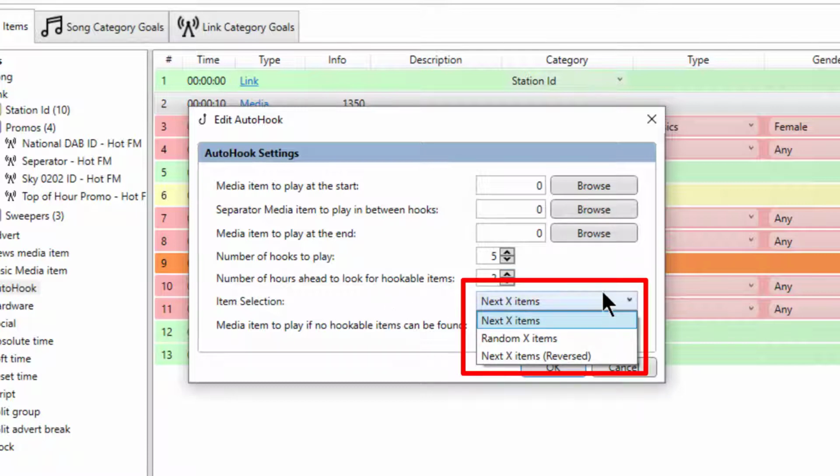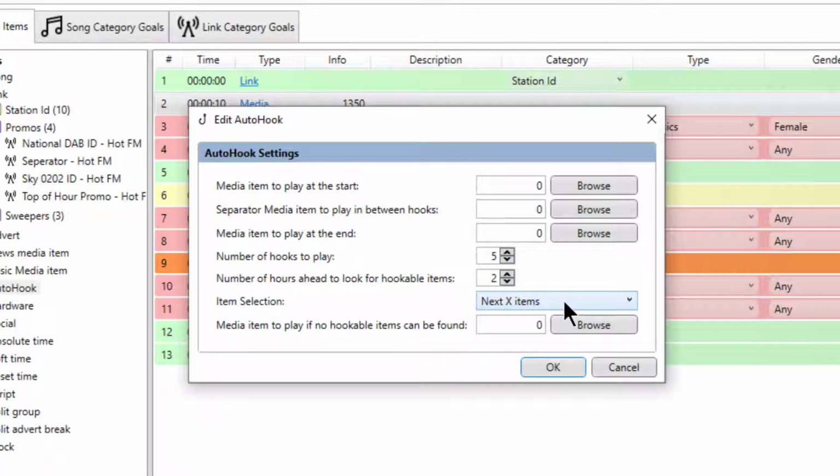So currently it's set to next X items. In this case, it's going to play the next 5 items that have hooks. But if I was trying to do a kind of promo of what's coming up over the next 2 hours, I would probably choose random X items. So this